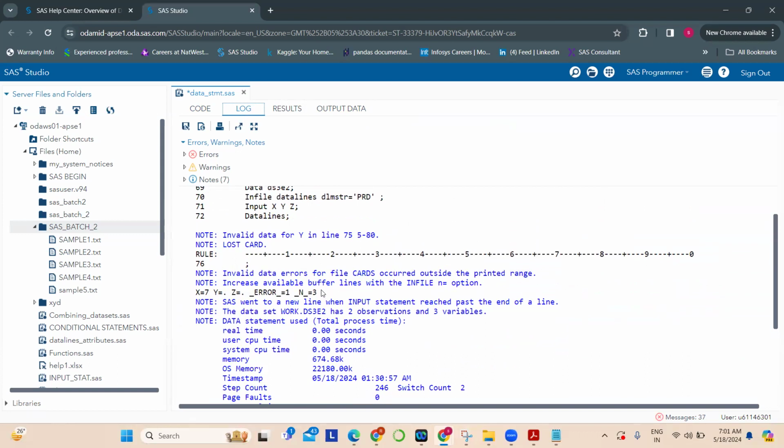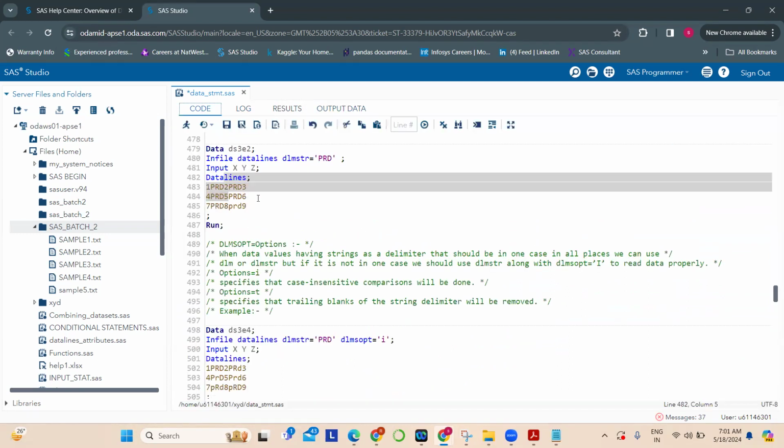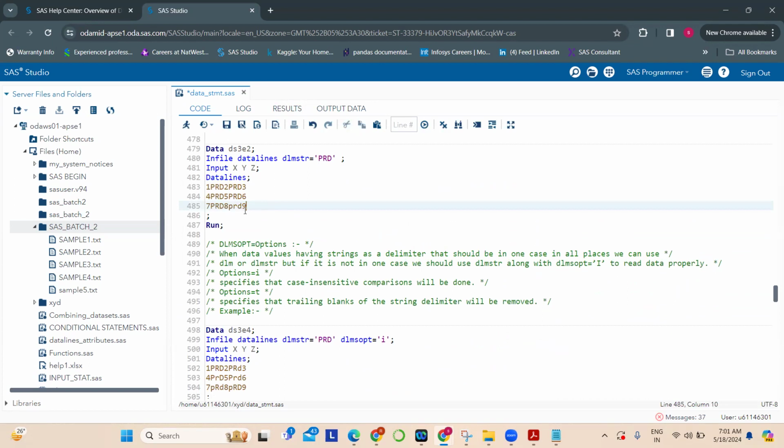The entire third line has not been printed at all, only two lines have been printed, because it does not treat the lowercase letters as a delimiter. Normally when you have a missing issue at the bottom lines, it won't print the data that way. Now, for example, if after 7 it is small PRD and after 8 it is capital PRD,